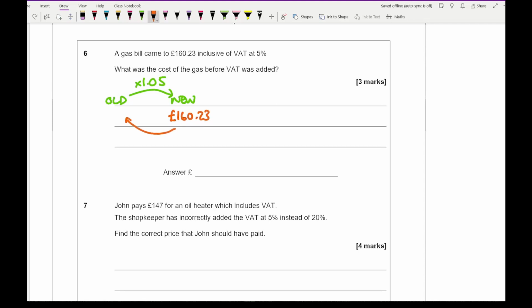So to get from the new price to the old price, I need to divide by 1.05. So 160.23 divided by 1.05 gives me an answer of